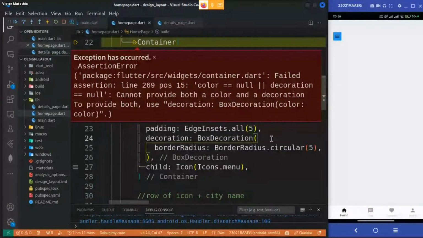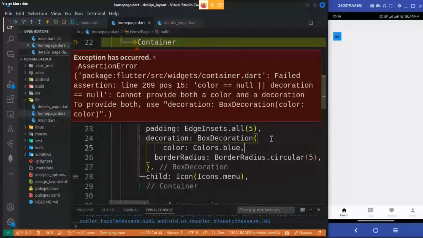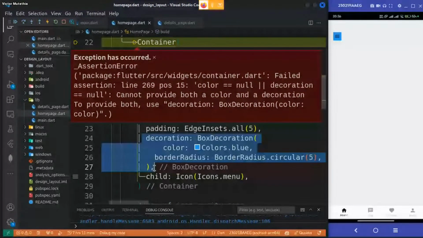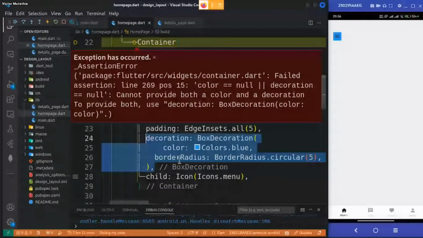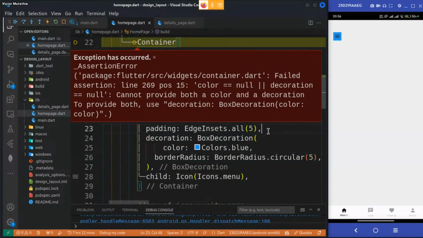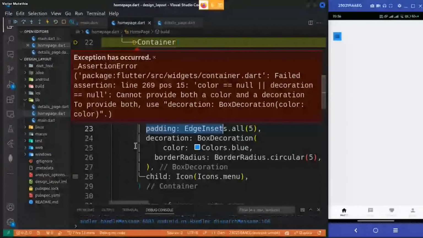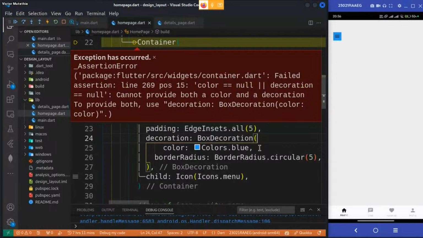So before the border radius, I'll just paste in the color. If you want to decorate a container with a color and also the box decoration at the same time, the color should come inside the box decoration. But if you don't want any decoration, like the border radius, you just want your container with some color, you can give it directly, alongside other properties like the padding, margin, then the color. But if you have the decoration, the color has to go inside the decoration. So I'll save this and restart